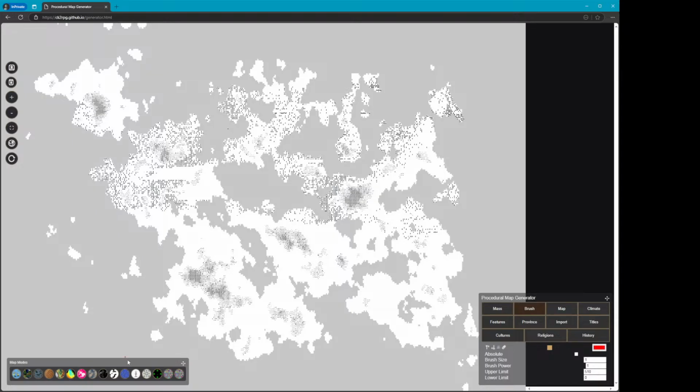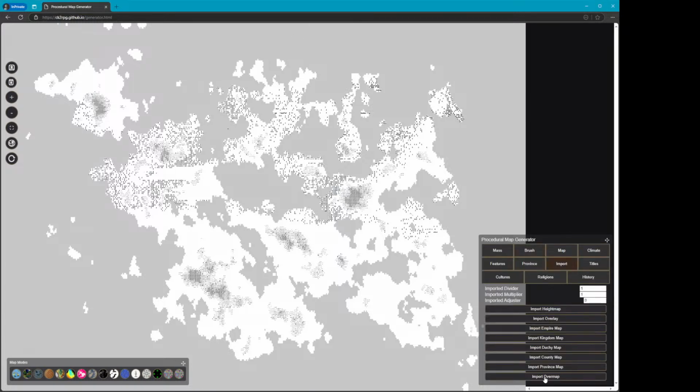those aren't projecting correctly. This is the new, and I did not switch the icons out. I'll do that in a hotfix here, but this is the new overmap feature where you can actually just import an image into the generator, and I thought that people might be interested if you had a map that you'd created in another program and you wanted to just see what it would look like, either projected on the globe or through the map explorer approach, the fly around approach, that you could go in and do this import. And it's just, under the import tab, you click import overmap,